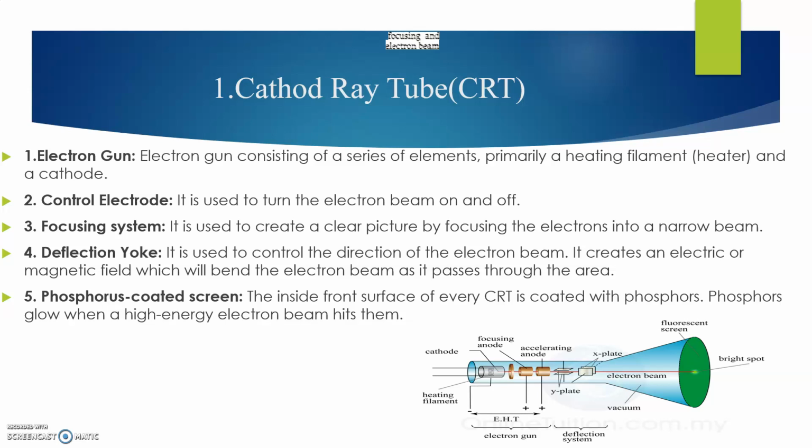Basically, the electron gun consists of a heating filament, cathode and control grid. When the cathode is heated with the heating filament inside it, by passing current through the filament, the cathode generates electrons. The cathode is surrounded by a metal control grid with a hole at one end which allows electrons to escape.